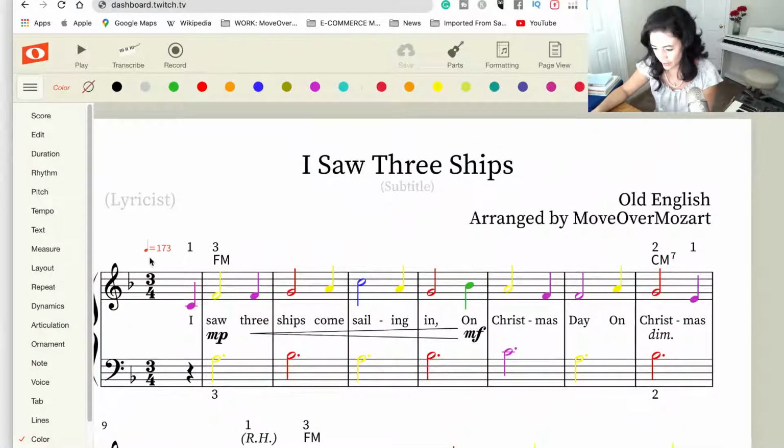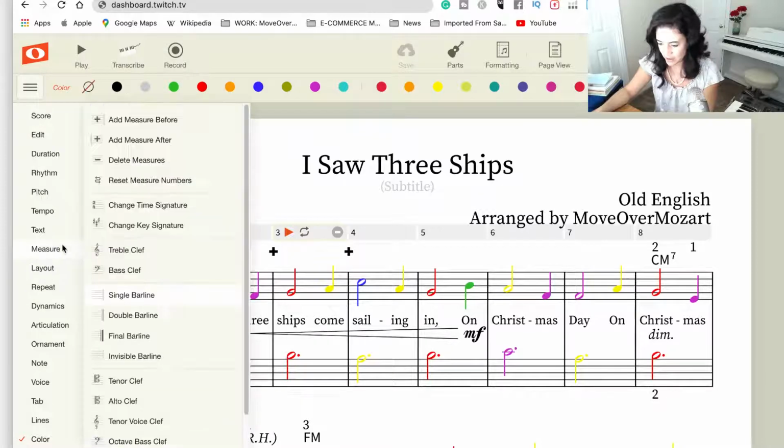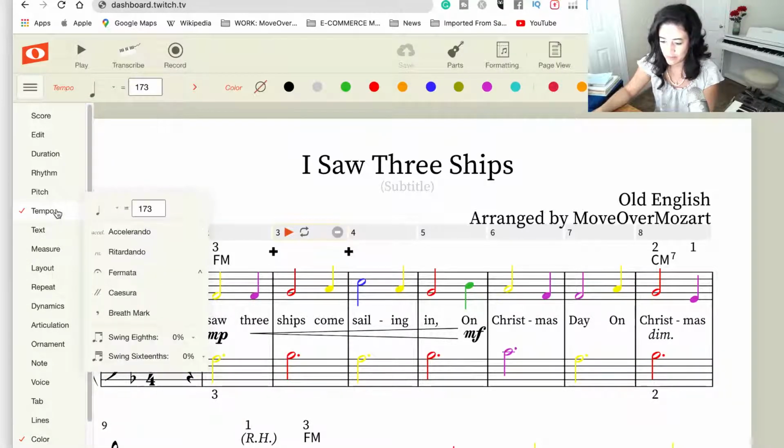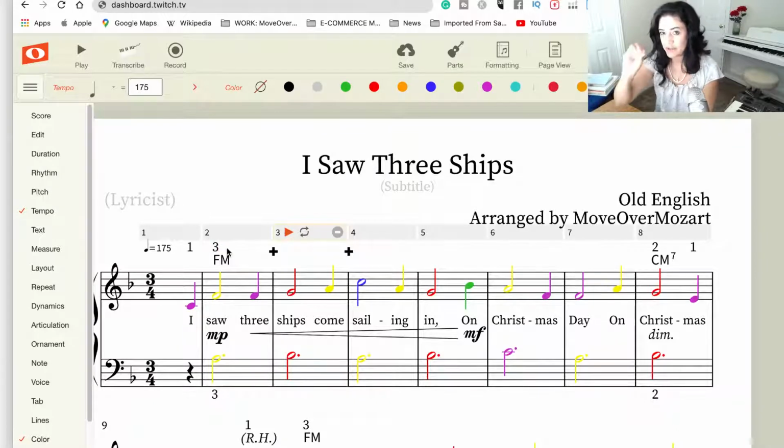Sounds good to me. So back to the score. Now you see we have the tempo marking, which I think could be a wee bit faster. But again, when you're creating your score, you can make it any tempo that you like. I think I want to have it at 175. And then remember, it only applies to that measure unless you highlight the entire piece. Now I want to add a little direction with the tempo marking. So you can click on this measure and click Command E, and then you can write in, I'm going to write calm,